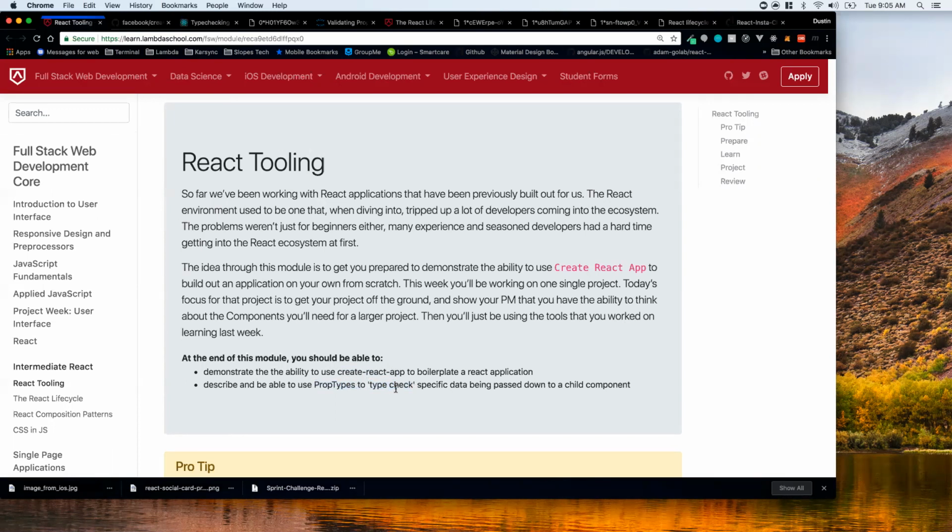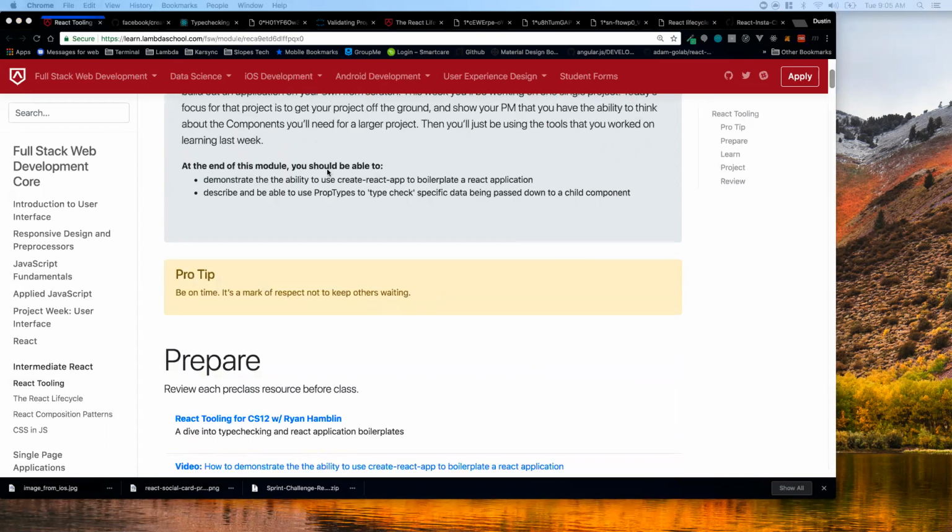We're going to talk about what type checking is and the different ways that we can use prop types to help us to accomplish these goals. So let's jump into Create React App. This should be just a quick overview. It's a very short,